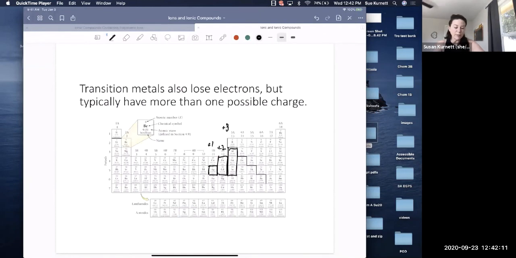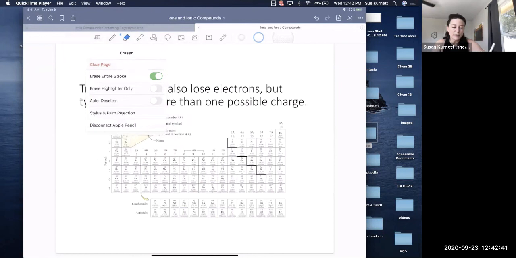So if you want to remember these exceptions, these things that don't have variable charge, even though they're in the unknown zone where there's other charge possibilities, you might think of the stair steps. And then these could only be +3 because of their column. They're representative or main group elements in column 3. Okay, but for the other ones, there are possibilities. And I will go into detail in the video, so I'm not going to spend a lot of time on this now. But just understand that